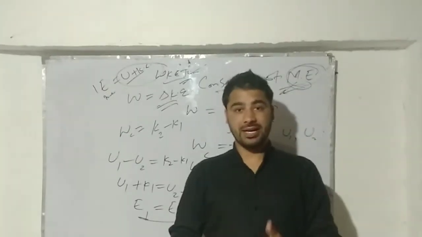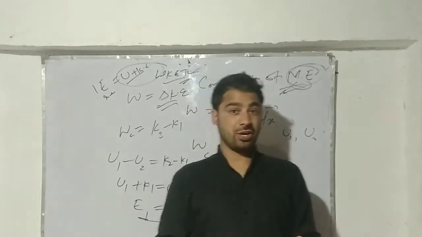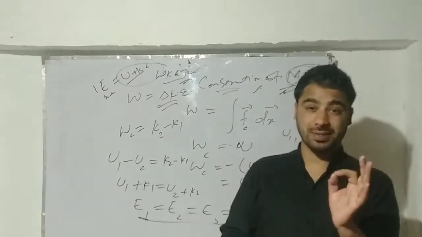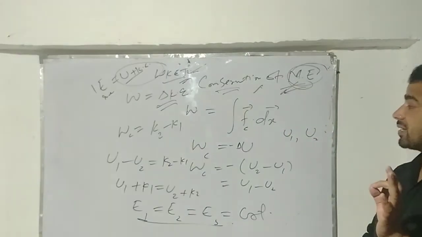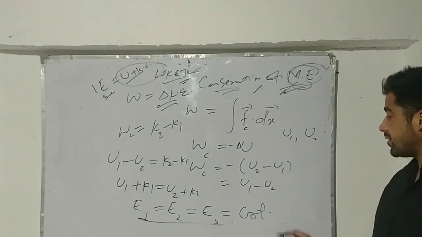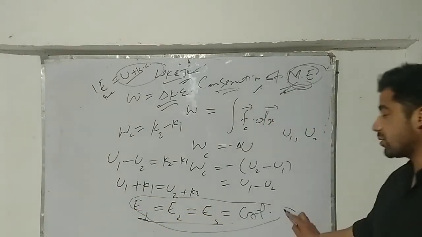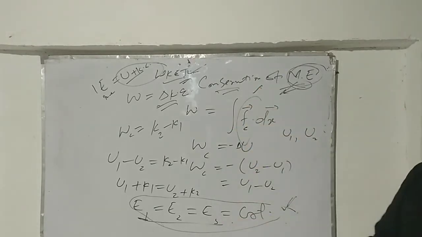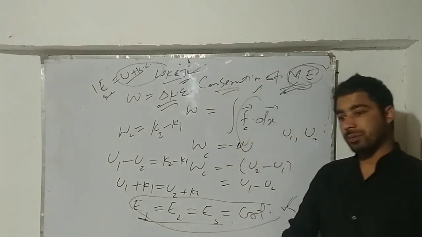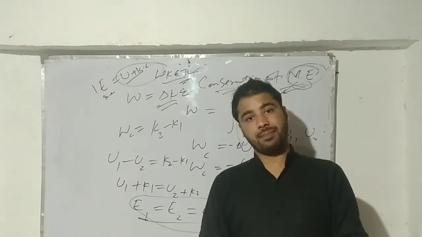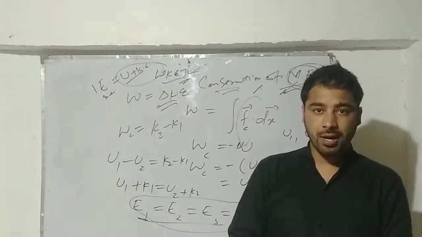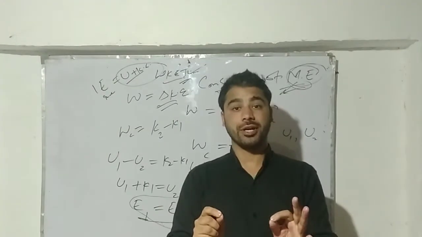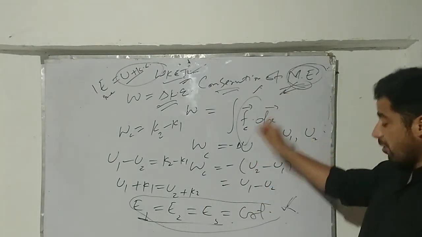So you can define conservative forces this way. Under the action of forces, if the total energy of a given system is going to be conserved, then we call those forces conservative in nature, okay? Conservative forces are such under which the total mechanical energy of a given system is going to be conserved. It's again the well-known conclusion from the conservative forces. So if conservative forces act on a particle, we can safely state that its total energy will be constant. This is what we call the conservation of mechanical energy.